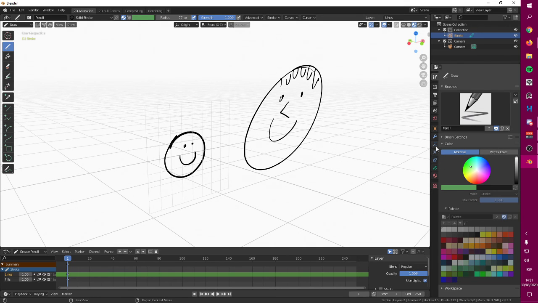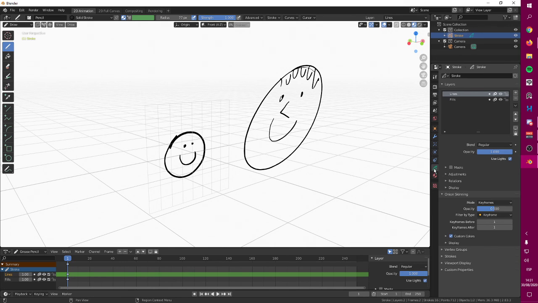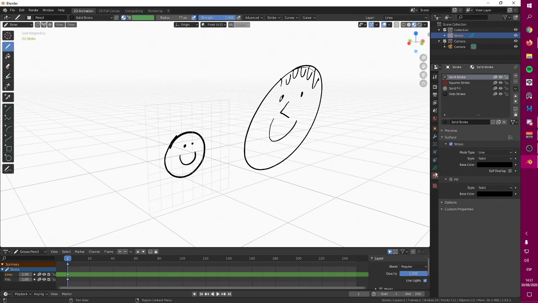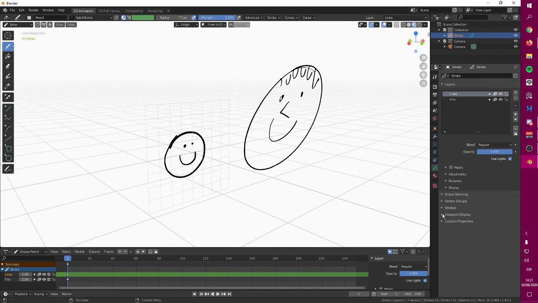You can change this canvas by going in, let me see, I think it's around here. If you go to your grease pencil object data properties in here, and on viewport display, yeah, here you can change something.